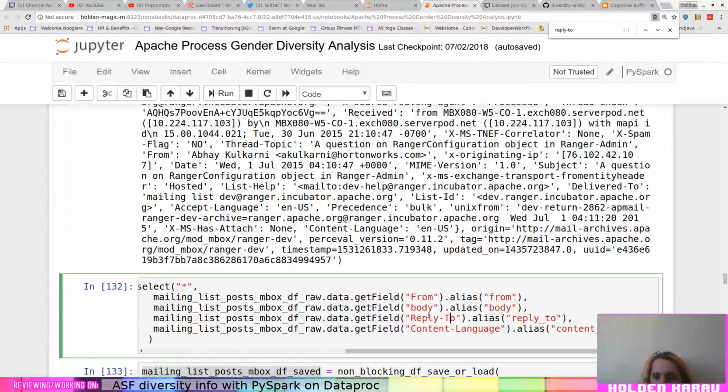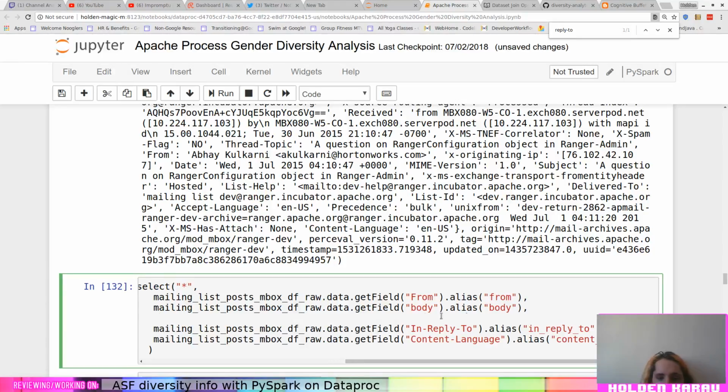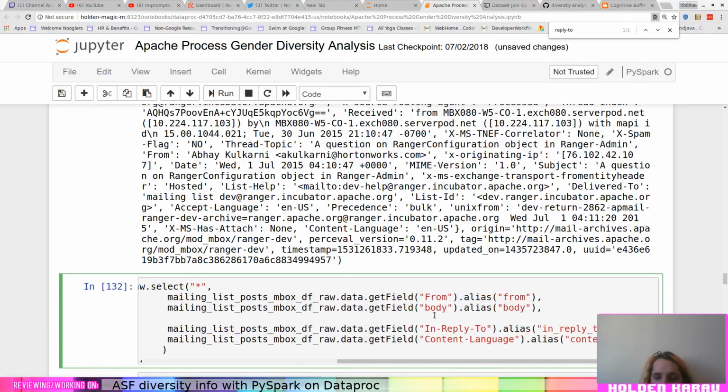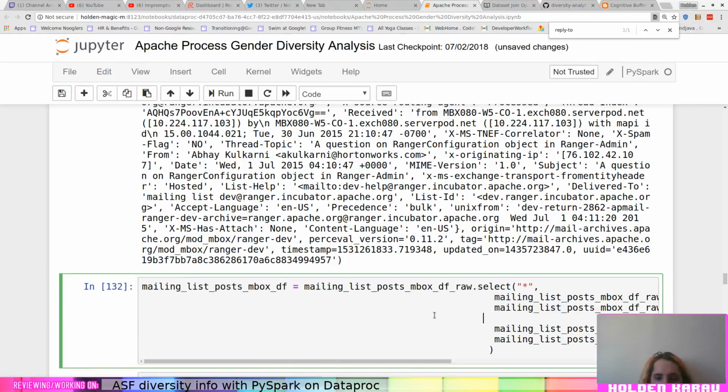Okay. So, we're going to swap reply to for in reply to. This becomes in reply to. We are also interested in the message ID. So we're going to go ahead and get the message ID field out of it. Yeah. This indentation is annoying.